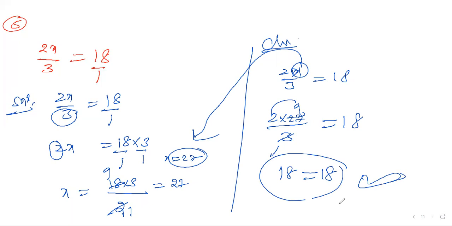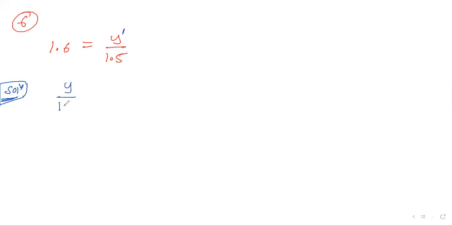Okay. Now the simple problems are over. I'll try one more sample problem for today on solving linear equations. The sixth problem is 1.6 is equal to y by 1.5. It's a slightly important problem. The variable should be on the left or right; I told you, if you take it on the right, no problem. If it is on the left, I'll rewrite it: y by 1.5 is equal to 1.6. Nothing wrong in that.